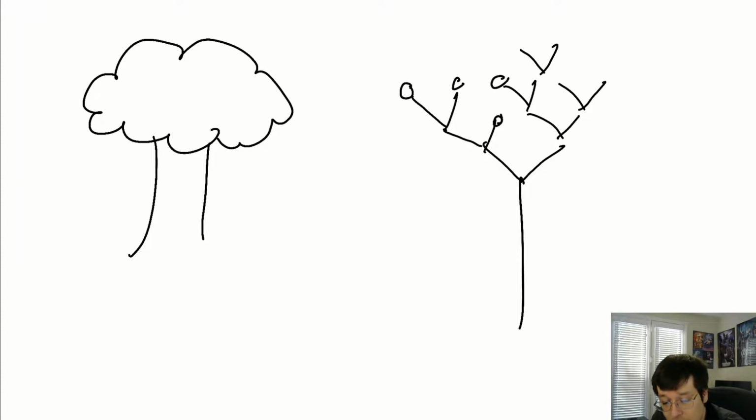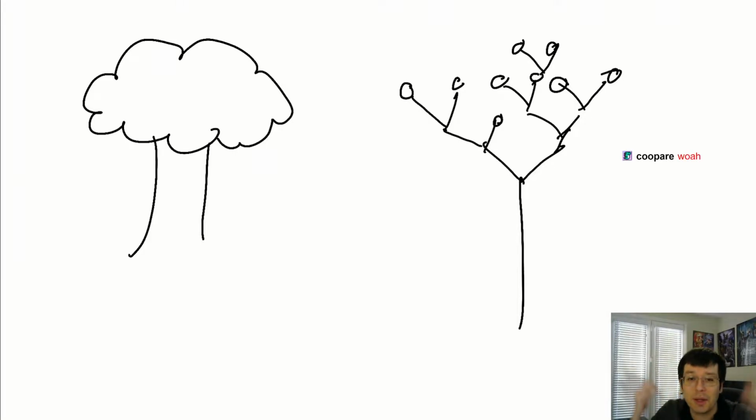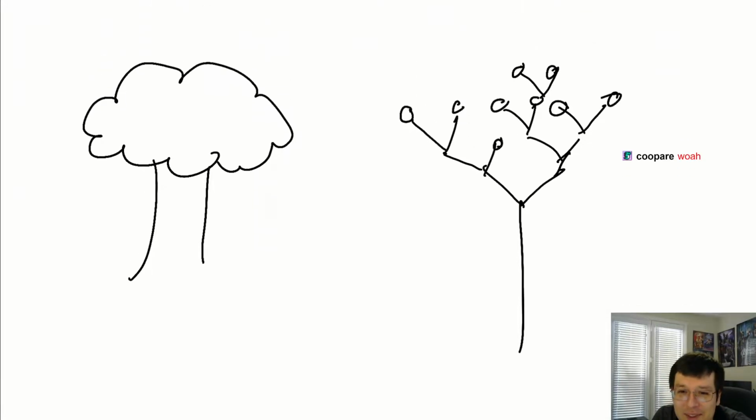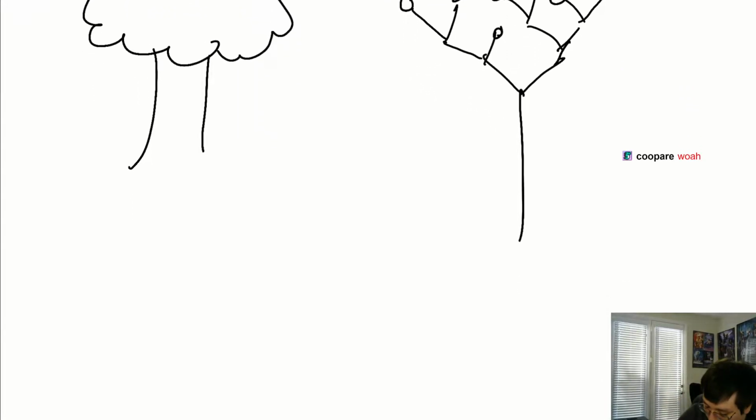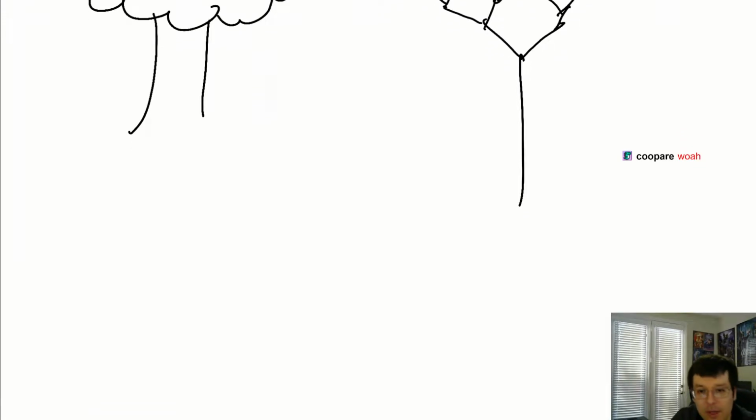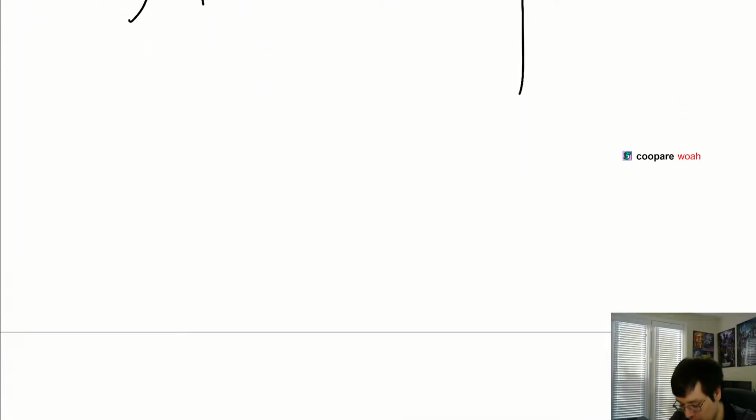Those are the branches, and these are your leaves, right? And that's kind of what makes a tree. So yeah, my mind has been blown, right? There's no surprise as to why they call them trees. So let us go ahead and undo a couple of vocabulary definitions of what trees are.